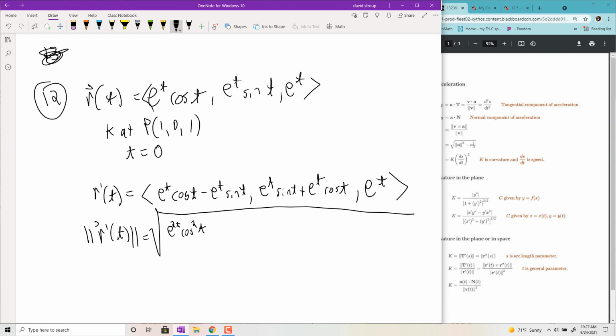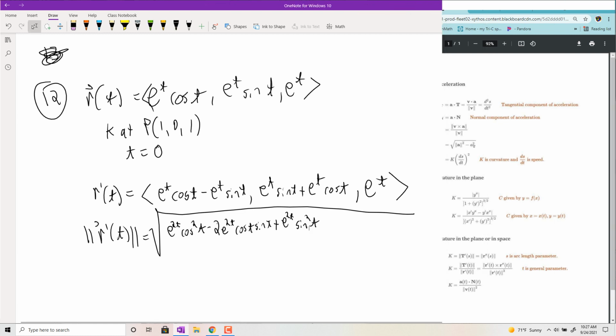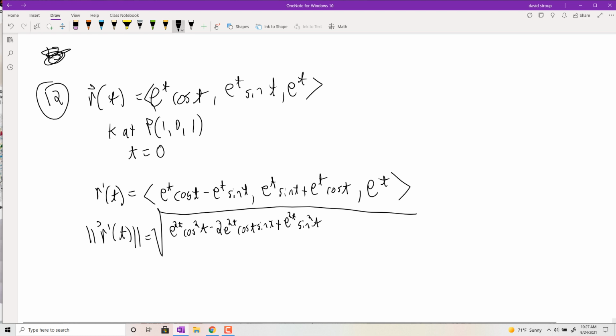e to the 2t cosine squared t, minus 2e to the 2t cosine t sine t, plus e to the 2t sine squared t. I'm having to use the whole page here. Then foiling the second part, I get e to the 2t sine squared t